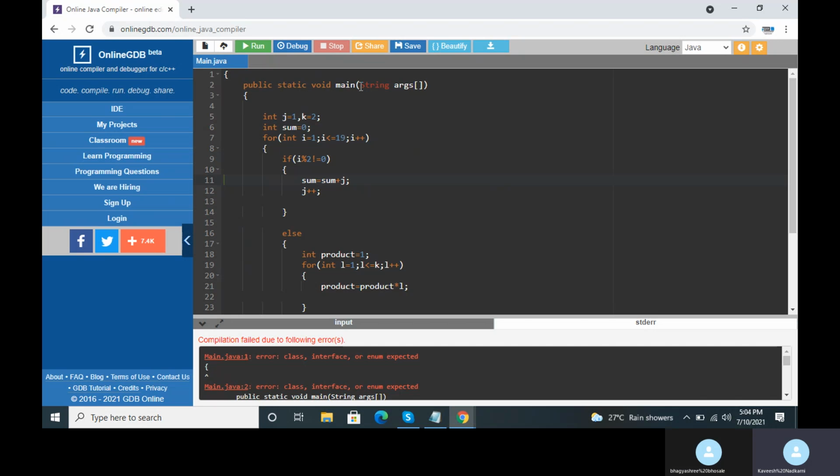1 into 2, 1 into 2 into 3. That's the second term. Then till 4, that is the third term. Till 5, it is the fourth term. See, 1 into 2 is one term. Then the next is 2 into up till 3, so now 2 terms have been covered. Then up till 4, 3 terms have been covered. Up till 4, 5 terms have been covered. Up till 5, 6 terms have been covered.